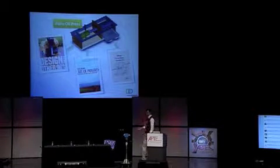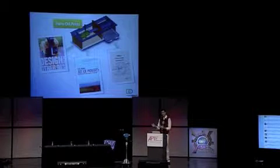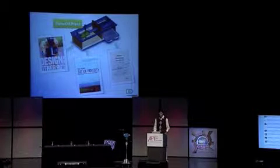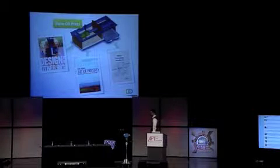We built it exactly to spec. We did it exactly the way that we knew how to do projects, except for we missed a real key element, and that was the anthropological aspect of working with these end users that are much different than we are. So instead of giving up, we decided to regroup. We decided to